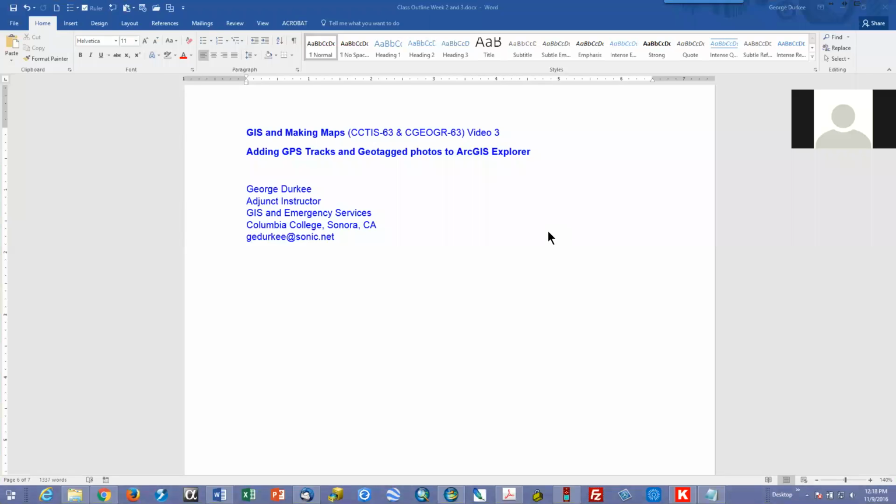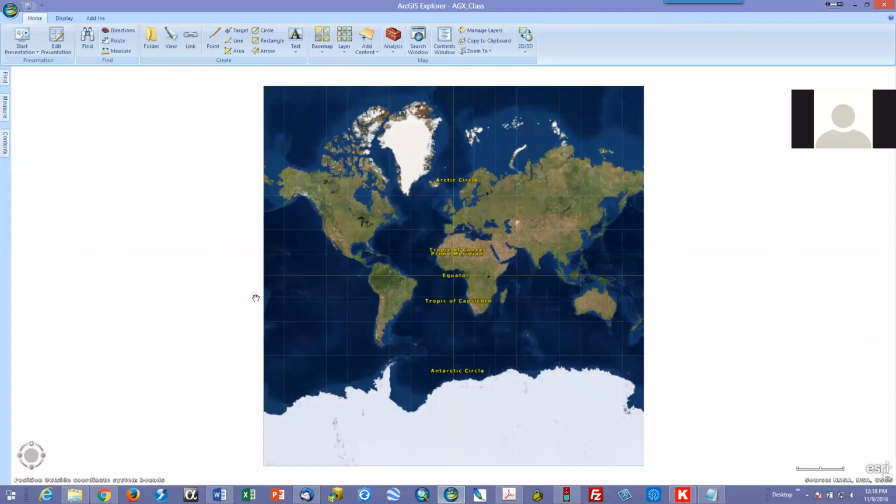And today's video will be adding GPS tracks and geotagged photos to ArcGIS Explorer desktop. And Arc Explorer desktop has a pretty cool feature where you can easily add a GPX file, which you get from either a handheld GPS device, or you can download a free track logger for your smartphone, and the GPS on your smartphone will record tracks either at a timed interval,